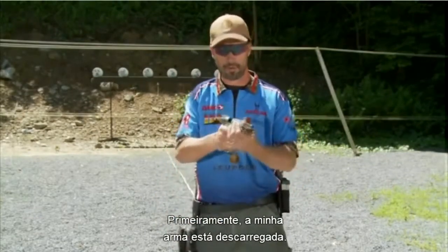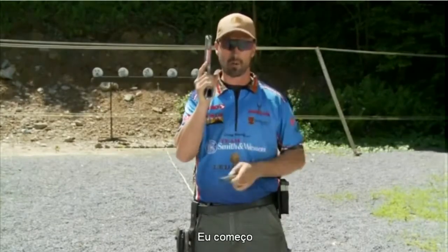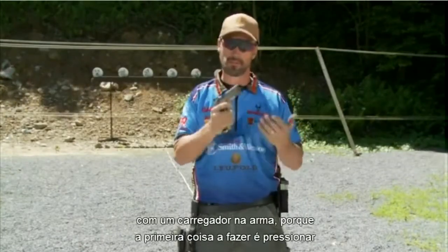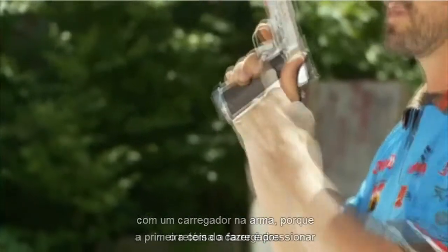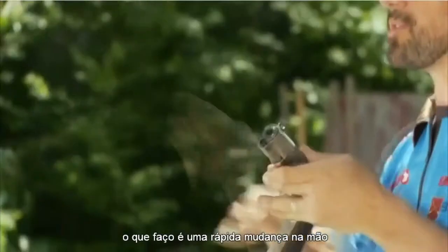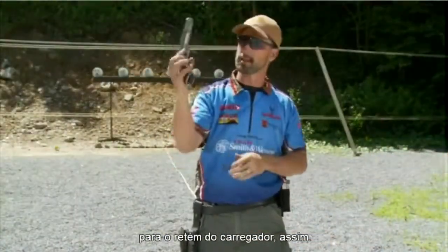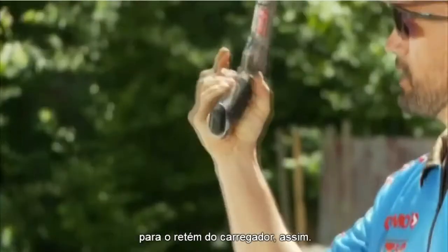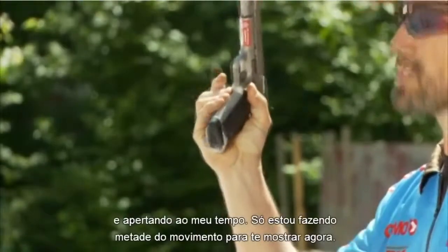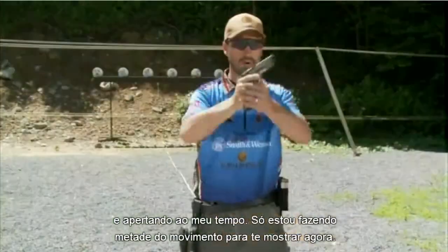Okay, first and foremost, my gun's unloaded. Now, I start with a magazine in the gun, because the first thing you need to do is punch the magazine release. Okay, so you're up, and what I do, it's a quick shift of the hand to the magazine release, just like that. See how I'm doing that? And I punch it at the same time. I'm just kind of doing it halfway to show you now. So I'm up,